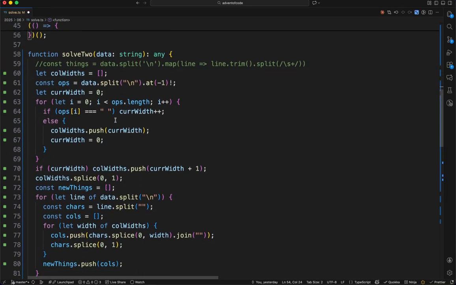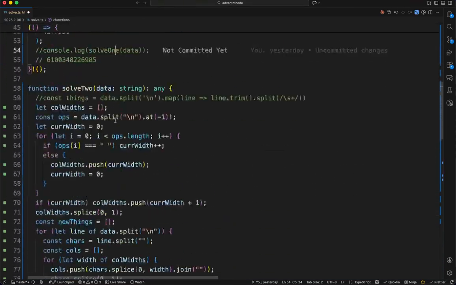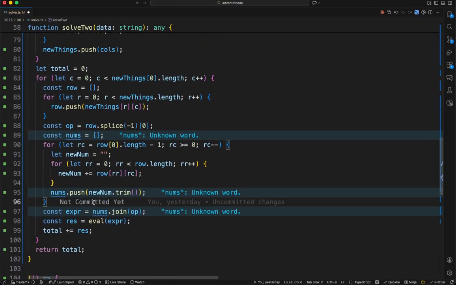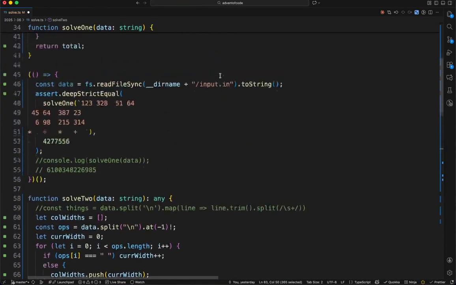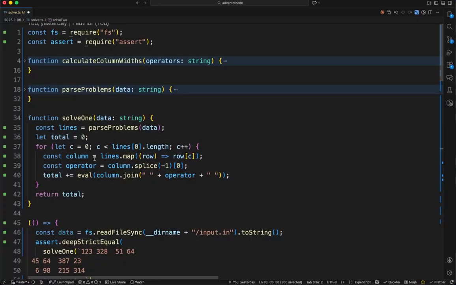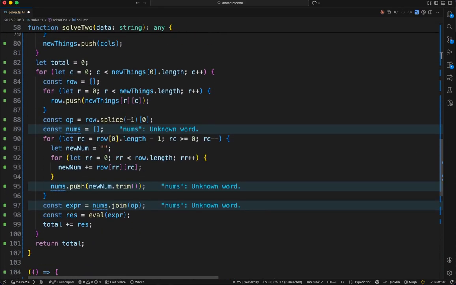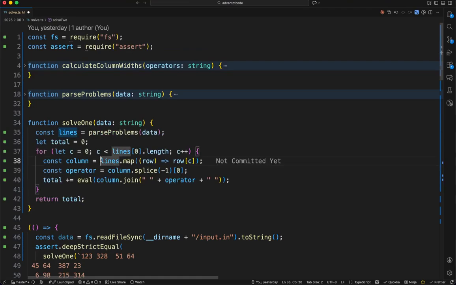Now, the trick is solve 1 and solve 2. They use those slightly different. So what happens differently in solve 2 is literally this bit here. So this is, what do we say this is doing? Excuse me. So it's building this column variable, right? That's the work. Okay, so we're going to pass it a function that says